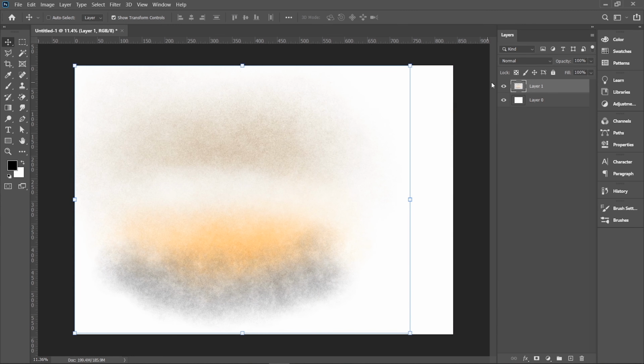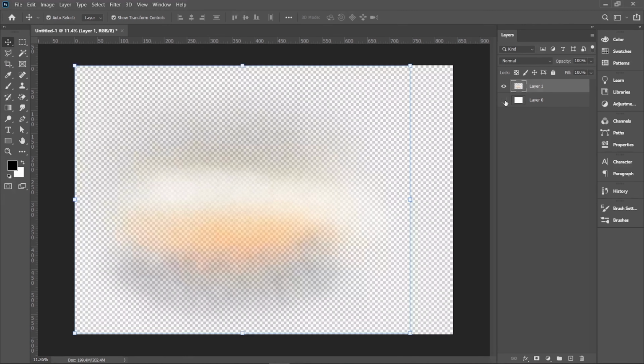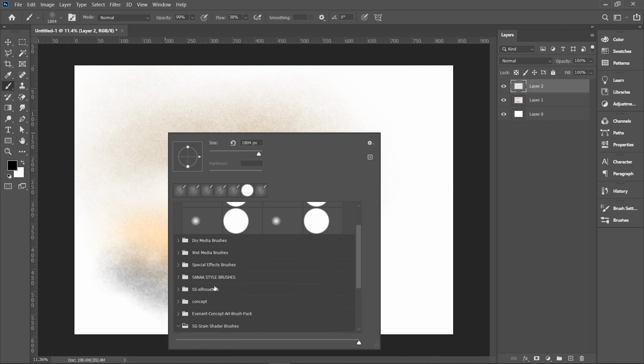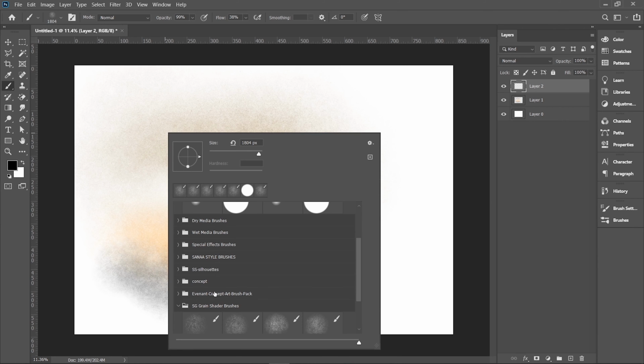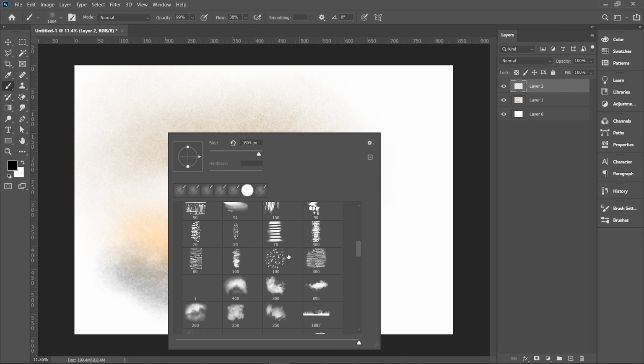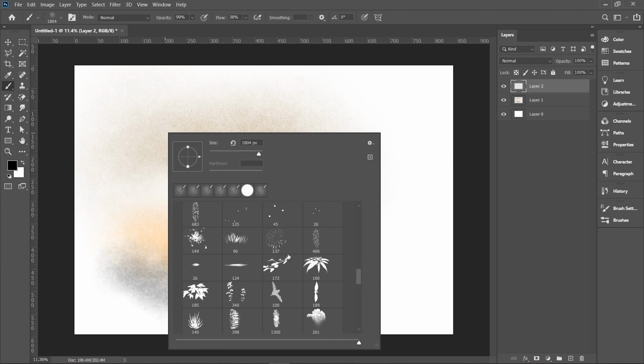You can hide or unhide a layer by clicking on this eye icon. Let's add one more layer. Let's search for some interesting brushes. I like birds. All these brushes are generally used in architectural renderings.